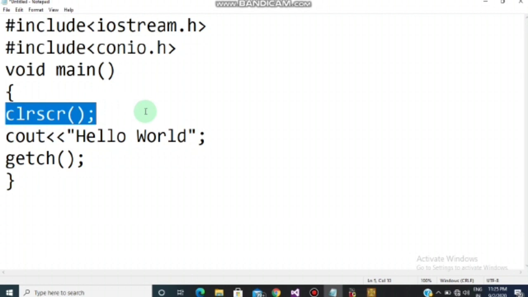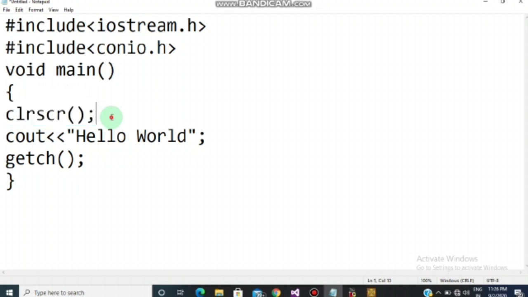Means if we have run our program multiple times, multiple outputs will be there and you will not be able to judge which is the recent output. So every time we clear the screen, we will be able to know which is our latest output.